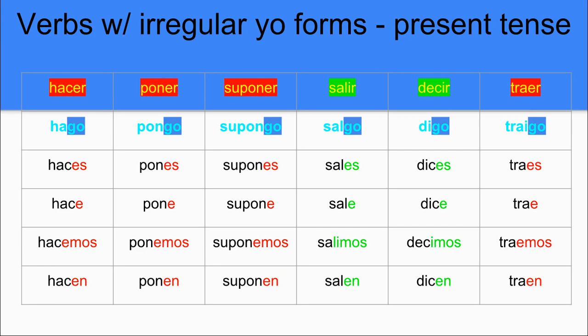that we might expect. Plus, we can see in the verbs hacer, and you can see in the verb decir, that the C that we would normally expect has become a G. So it's not haco, but hago. And it's not dico, but digo. And then the regular form, pongo, instead of being pono. Supongo, instead of supono, it's salgo, so on and so on. So again, these irregularities happen in the yo form, and they're going to become go while the rest of the verb is conjugated appropriately.